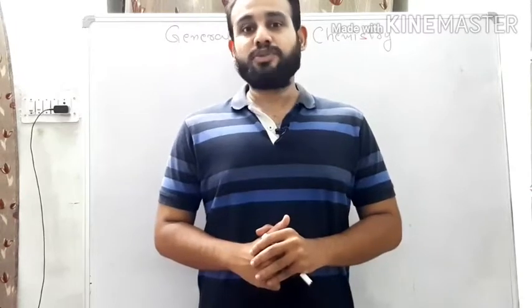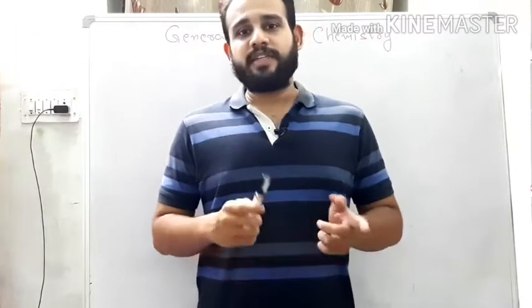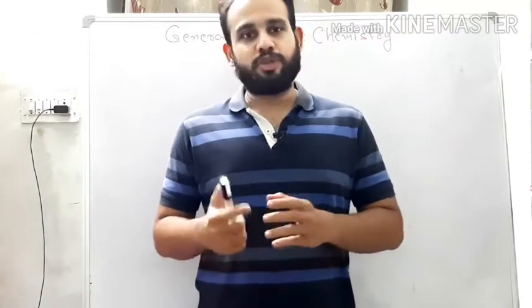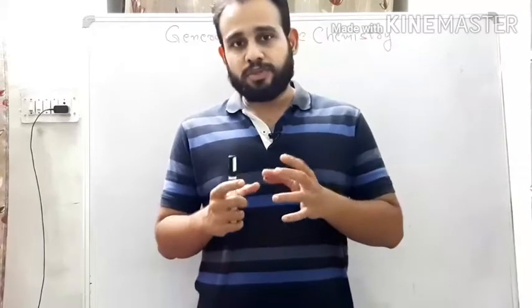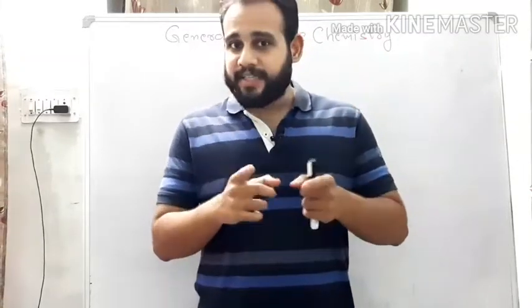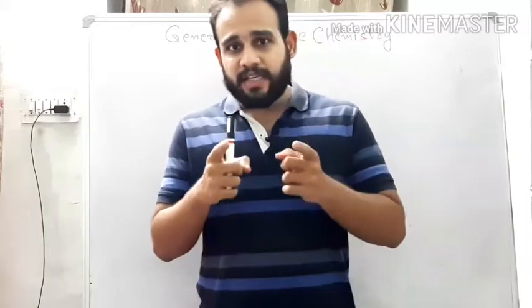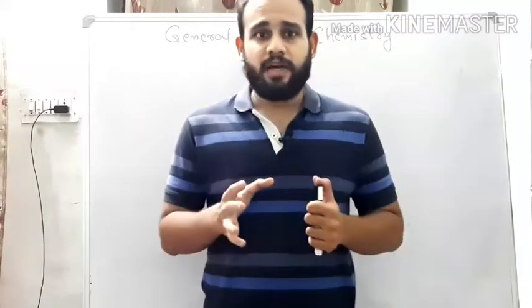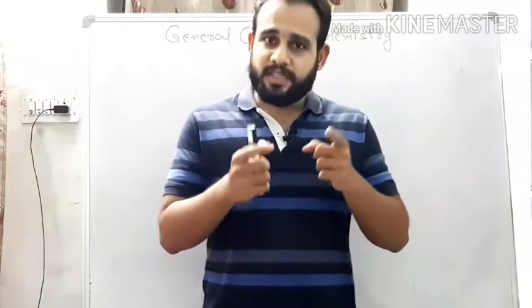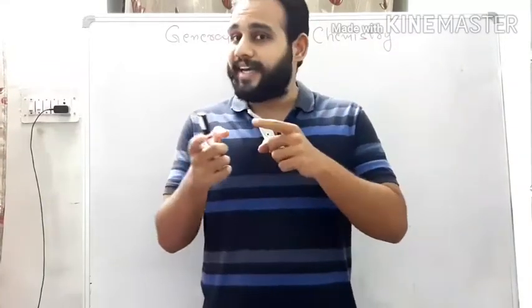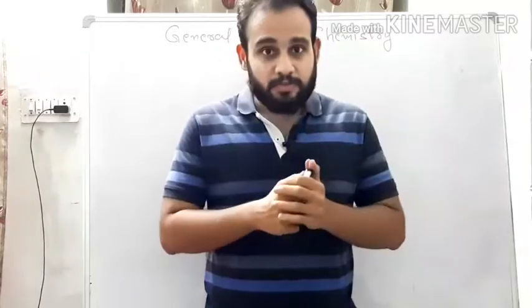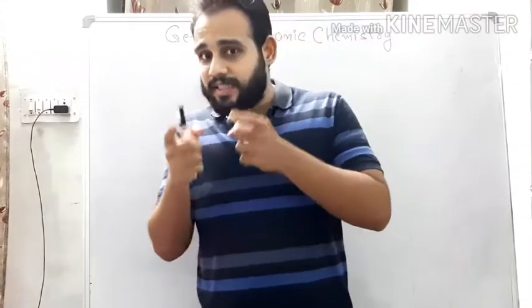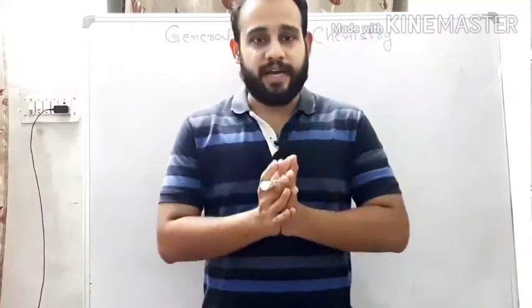So friends, as you saw in my previous lecture, we discussed types of reagent in GOC, okay? As you see, in a chemical reaction the reactants convert into product, and the reactant consists of two parts, that is substrate and reagent, okay? Substrate is the part on which the reagent attacks, and reagent is the attacking species of your chemical reaction.